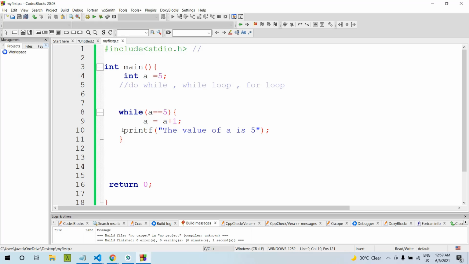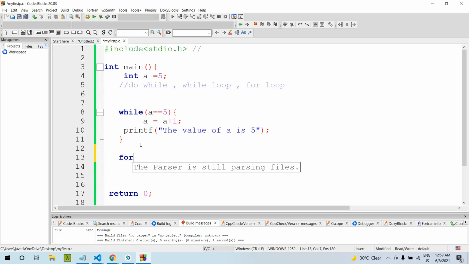Then the control will go back here and check the condition again: a is equal to 5? Now a is 6, and 6 is not equal to 5. The condition fails because it returns false. Then this statement will not execute again. So it executes once. This is the while loop.